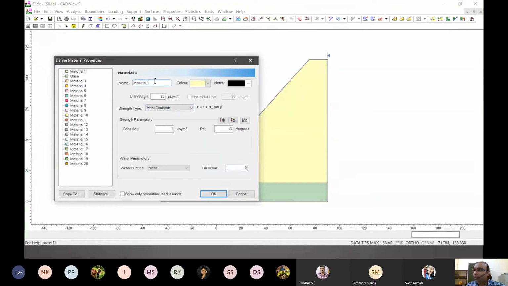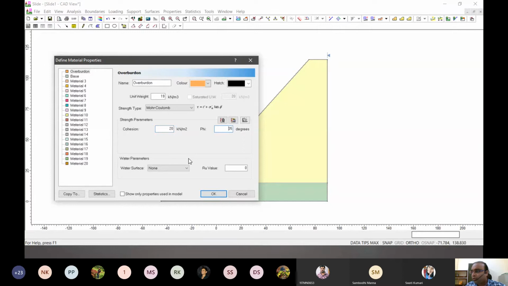We can make the other one overburden material. We can change some color maybe, and unit weight. Because it's a very fragmented mass, we can put it at 19 kilonewton per meter cube. C can be 20 kilonewton, and phi can be like that.